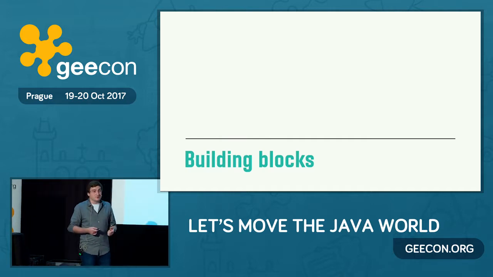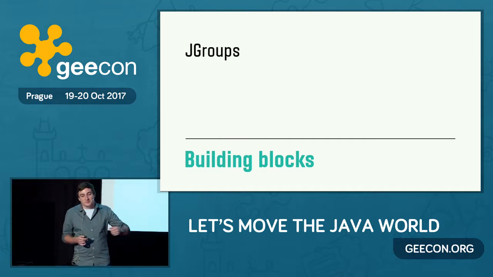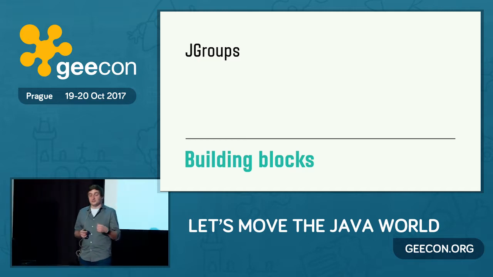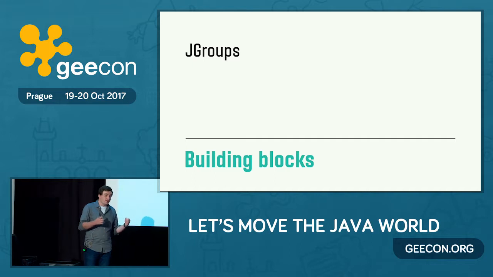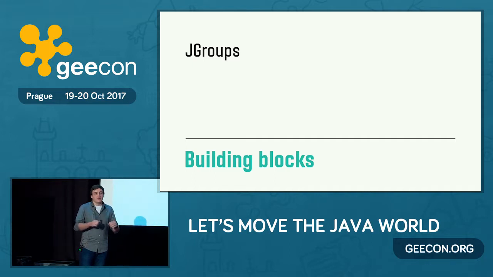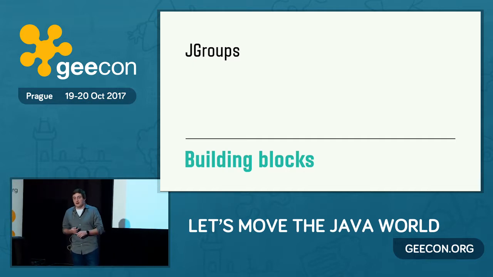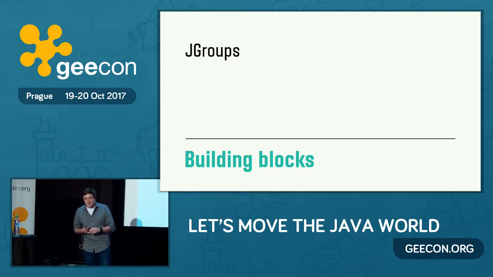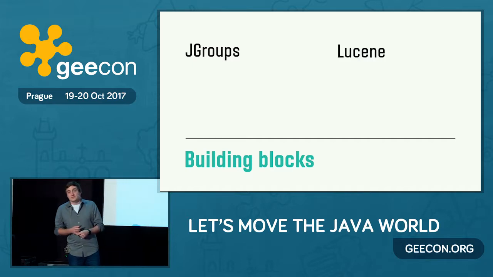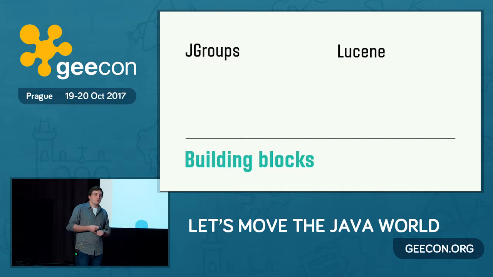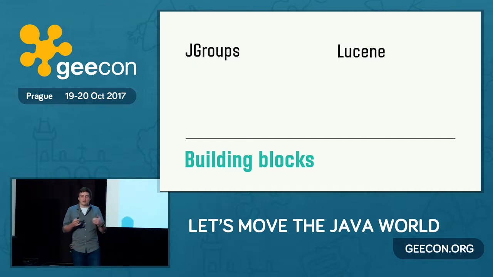What are the building blocks of Infinispan? One of the fundamental building blocks of Infinispan is JGroups. JGroups is used to handle the cluster membership and the communication among the cluster. It's also another project from JBoss. Then it uses Lucene if you want to perform indexes, because Infinispan is a